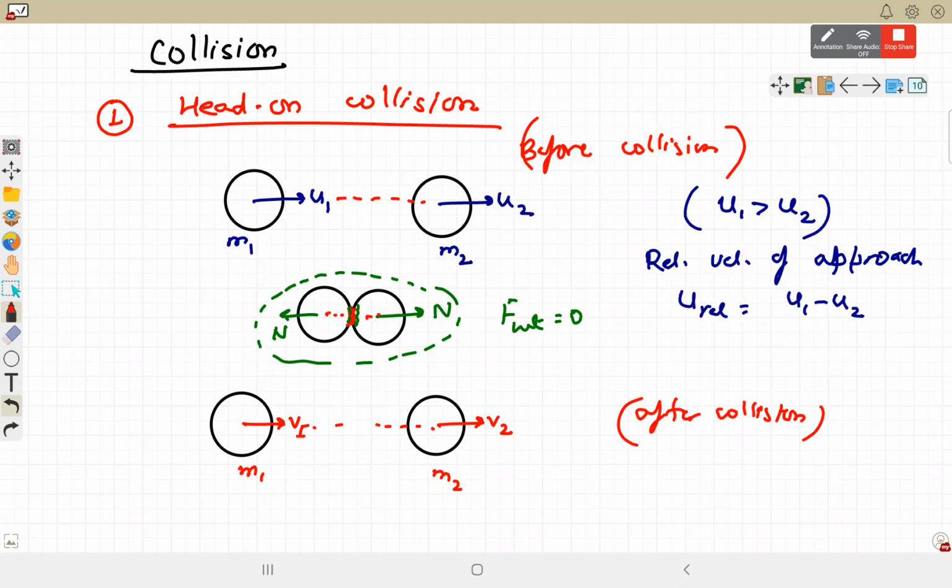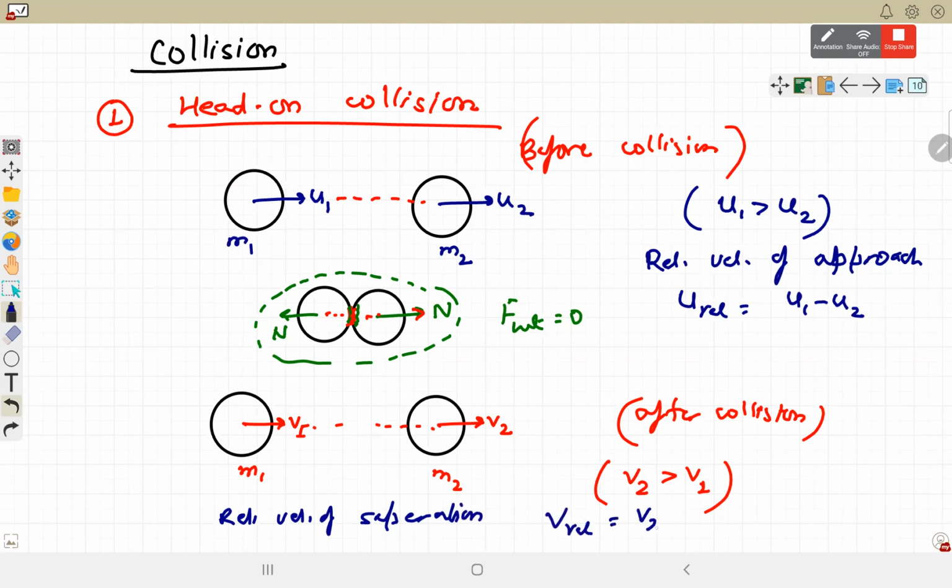But after the collision, क्योंकि जो B था second particle, इस पे force लगा है velocity के direction में, so that velocity will increase, and on the first particle the force is opposite to velocity, so it will provide negative impulse or retardation kind of thing, so its velocity will decrease. Collision के पहले u1 बड़ा था u2 से, collision के बाद v2 बड़ा हो जाएगा v1 से, so now it is getting separated. m2 is moving faster, so it is getting separated from m1 with a speed of v2 minus v1. V relative is v2 minus v1.